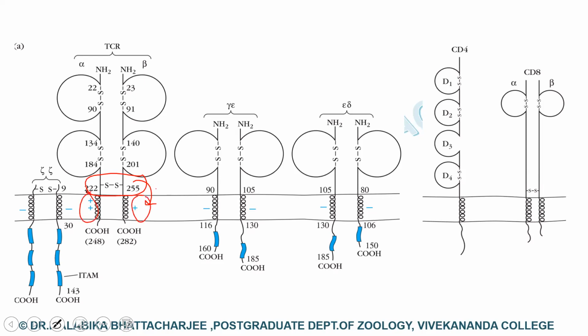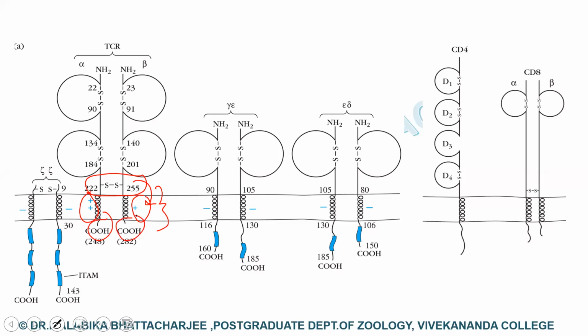Interestingly, you see that this structure shows a plus sign. That means the amino acids present in this transmembrane domain are positively charged. Since they are positively charged, it can be assumed that the amino acids present here can interact with other negatively charged amino acids present in the plasma membrane. Finally, you can see that there is a very small short